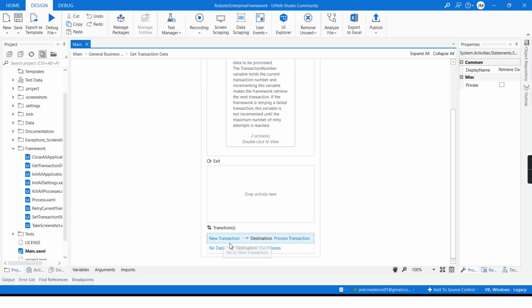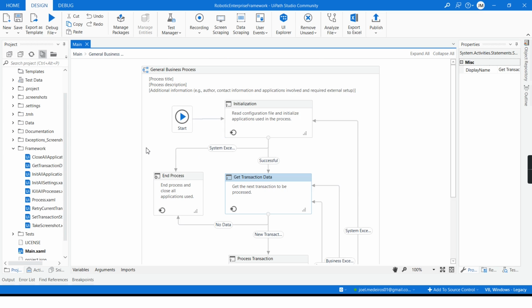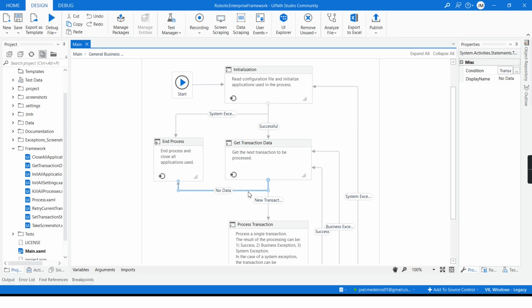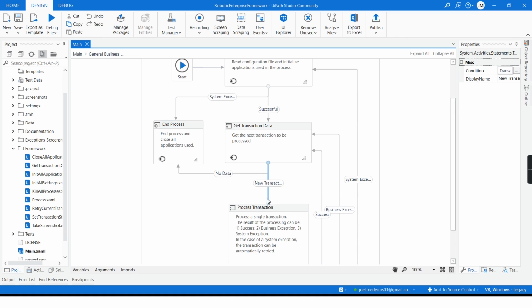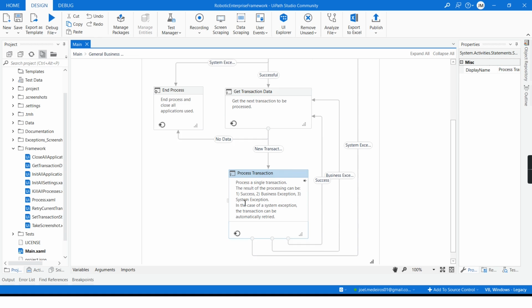When there is a new transaction, I'm going to call the process transaction. When there is no data, I will simply end the process. Going back to the blueprint, I can see that no data is sending to the end process. New transaction is going to process data.